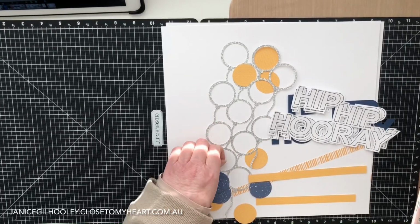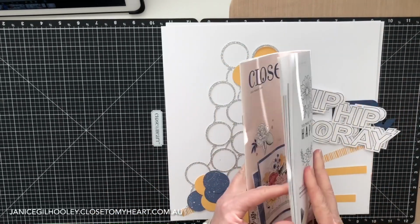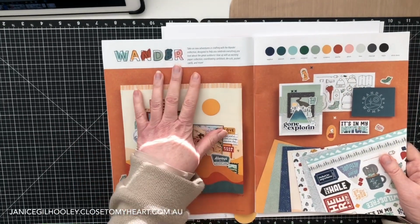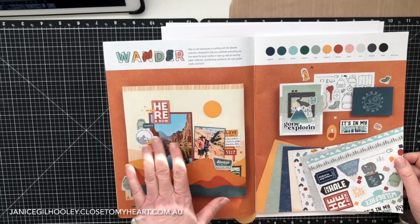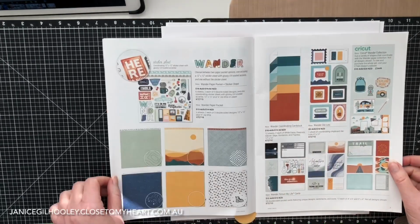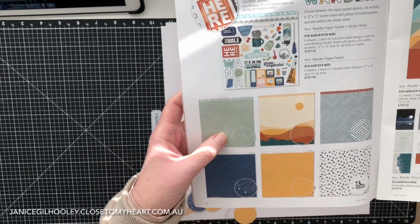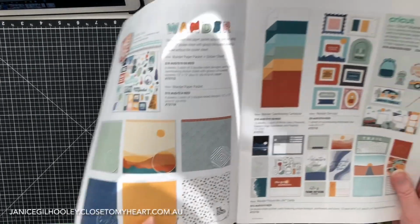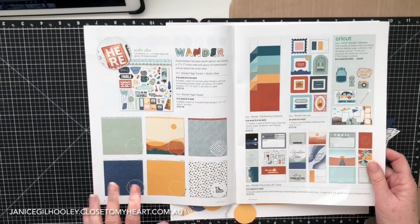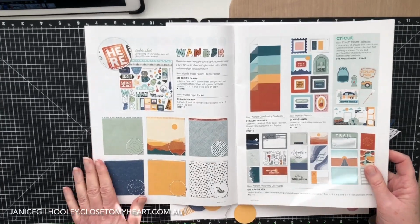Today I am going to do a scrapbook process layout and I'm going to feature from the July-August catalogue the Wander collection, and you'll notice when you look at these pages that it's really an outdoors feel. The papers are very much designed for outdoor adventures and so are the coordinating products that go with them. But I thought it would be fun to take two of the papers and make it into a birthday celebration